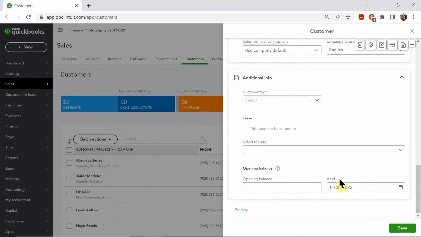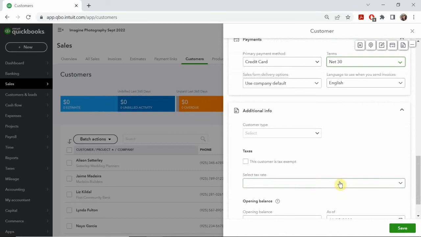Okay. And then the last section is going to be any other additional information, such as what kind of customer type they belong to. So again, what is a customer type? For example, if you have commercial customers versus residential customers, then that's where you can place these individuals